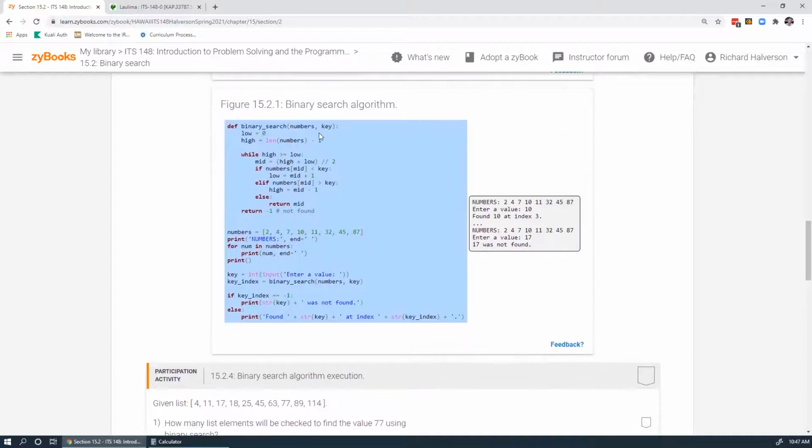All right, so here's the actual algorithm. It's the same thing. We read in some numbers. Notice now this time they're also sorted. Print them out, and then we do the binary search method here. So this is the sorted list, and this is the one we're looking for. And here is where we initialize low and high. And then while high is greater than or equal to low,